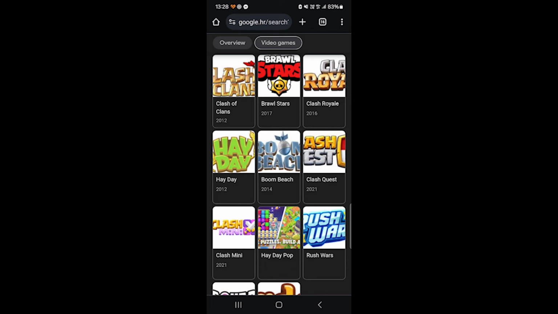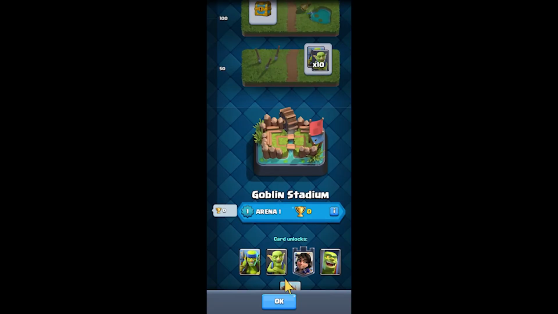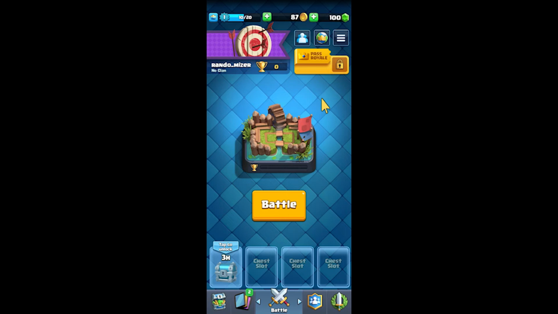If you want to make a new Supercell ID, you're going to have to use any of the Supercell games to create an account. So all of these are Supercell games. And for example, we are going to use Clash Royale. So if we go to the game, we're going to make sure that we are logged in and then go